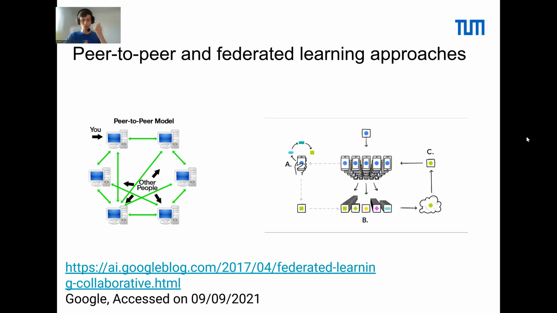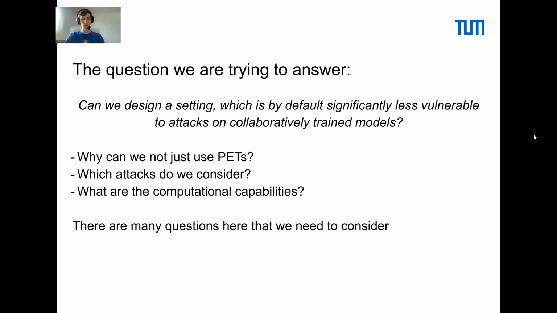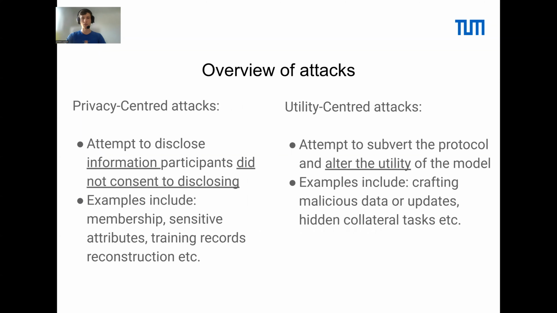Both of these approaches suffer from the potential lack of trust because you can never assume the true intentions of the other people in the consortium of learners. As a result, we're trying to design a learning setting which would be resilient against as many attacks as possible. And the question we're trying to answer here is, is it actually possible to get to that training setting that is generic enough to apply to most collaborative learning protocols and learning tasks, as well as be protected against most attacks on collaborative learning? And the two attacks that exist in the wild are the privacy-centered attacks and the utility-centered attacks.